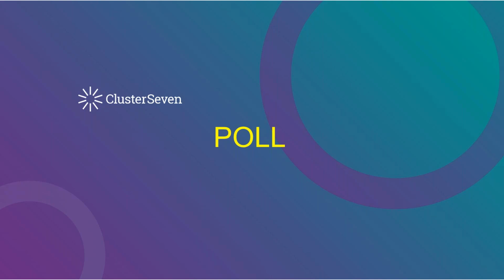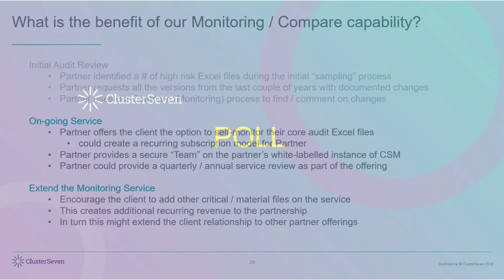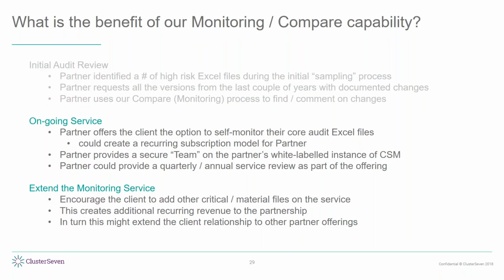To conclude the presentation, we've talked about using internal review to identify the high-risk files, instead of an initial sampling process, by doing more of a 100% sampling, and looking at versions of that to ask the client to comment on the changes between the last year, for example. If you've convinced the client that that's a good idea, you can offer that as a self-monitoring service going forward on their core audit files. So it may be only 10 or 20 files that you need to do, which will create a recurring subscription model for you,